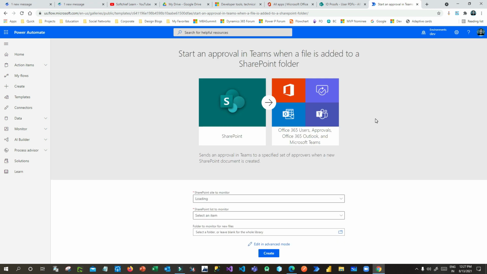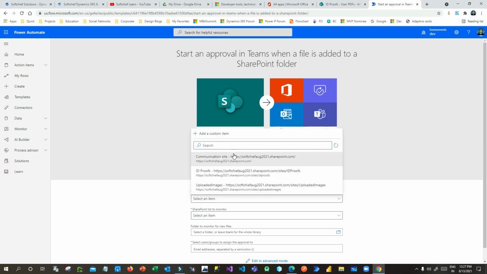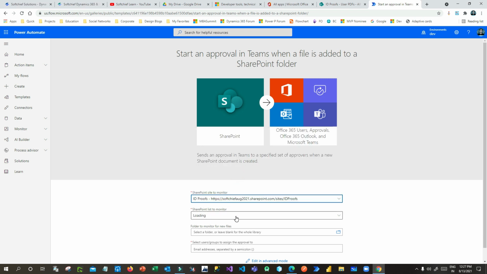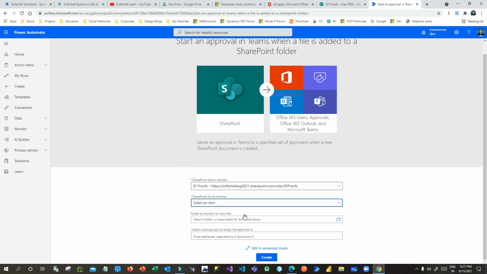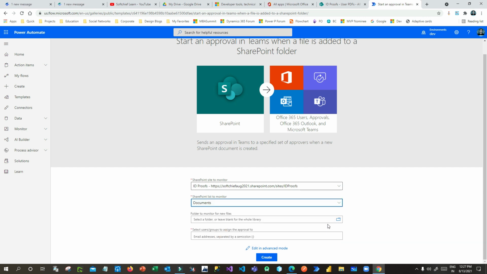As soon as I click continue, it will ask you to choose an item from SharePoint, because SharePoint is the trigger point. Now click on this, choose your site. This is the site I have just created, ID proofs. Now what is the list? I want to check the list item. Now which path do I want to choose?